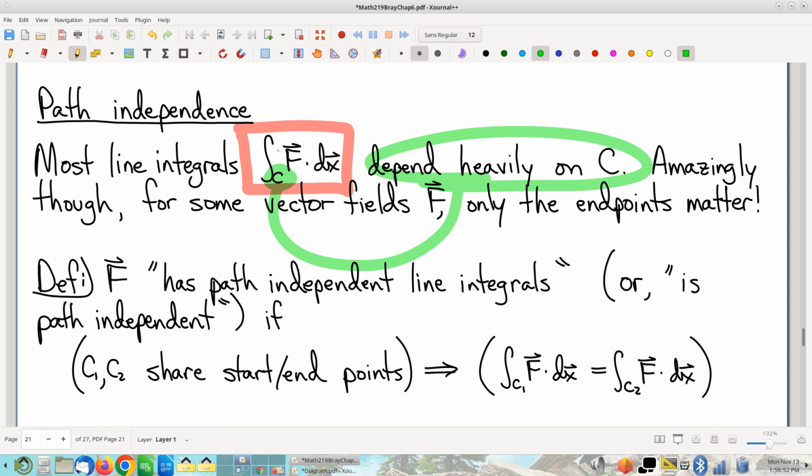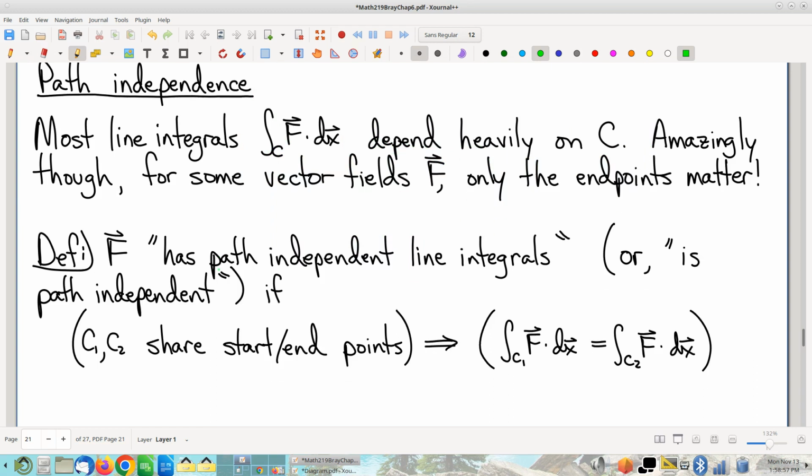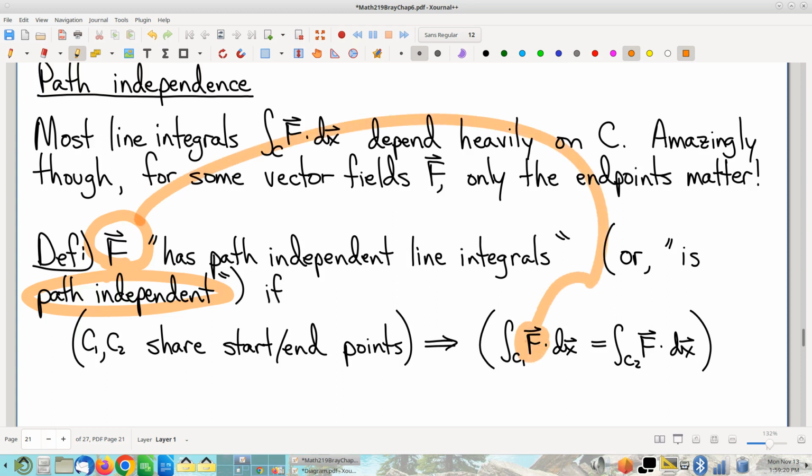So with that in mind, let's look at this seemingly outrageous suggestion down here that they claim, that there exist vector fields that are what we call path independent. The book says it has path independent line integrals. To me, that's too many syllables. I think it's easier to say path independent. Anyway, the idea is that there might exist some vector field such that any two curves